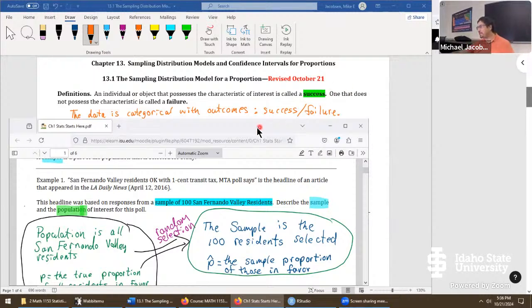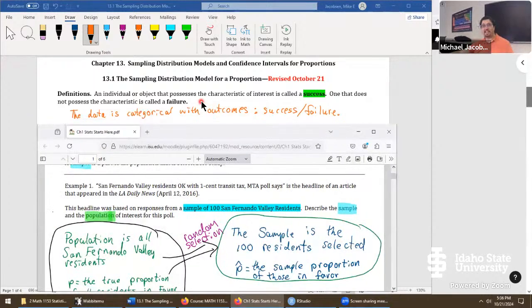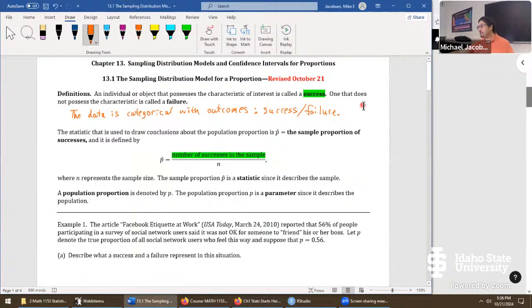Okay, it's a really tricky language because most of the time we have context, but for describing a categorical variable in complete generality with no context, just so we can write down a formula, it's got to be in this way. So word of warning, a success is not always a good thing. It's a thing the study is interested in. So if the study is interested in, say, some rare kind of genetic cancer, that's the success. It just feels kind of wrong to call it a success when it's bad. It just means we're interested in that particular outcome. So we're in the land of successes versus failures.